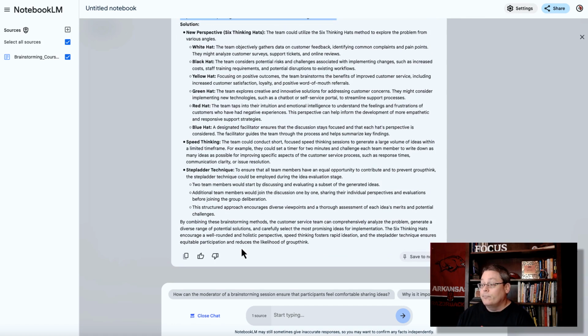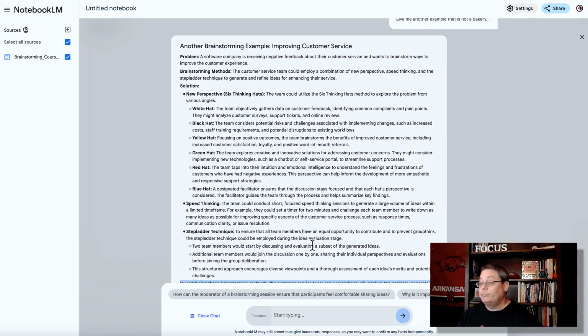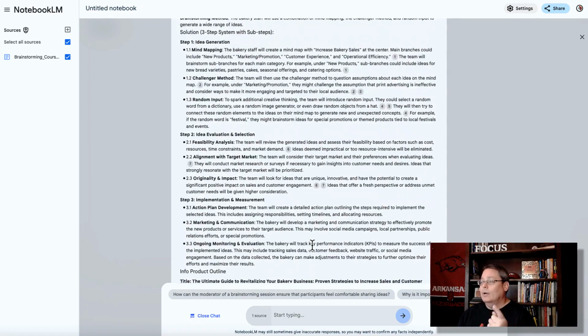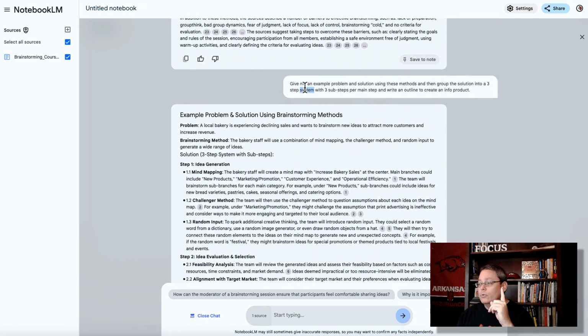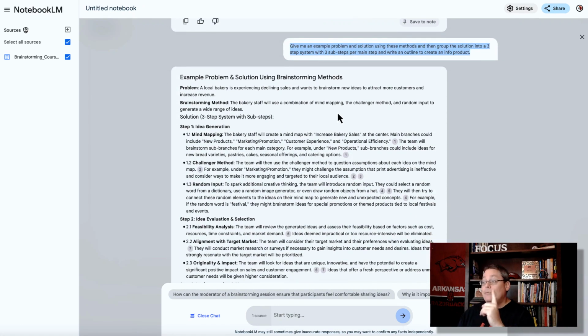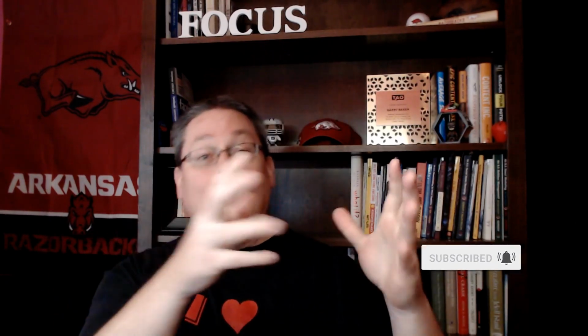Here's the solution. And then you can see down here, it's telling you how this is going to solve the problem for this customer service team. At that point, you go back up and you understand that with one high quality source and one simple prompt that I'm giving you right here, pause, type in that prompt, understand that you just need to go over to Content Sparks, look through their catalog of products and find something that makes sense to you as far as an information product to create, something that you want to learn more about, something that you could actually go out and do yourself, and then something that you could teach in your information product and sell, and you're on your way